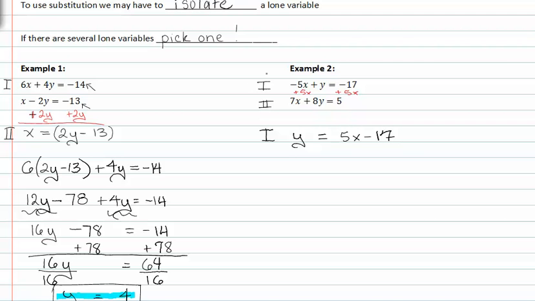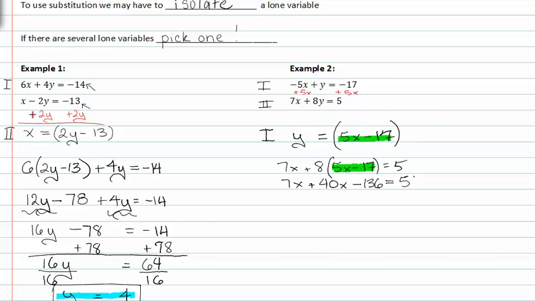So now this same first equation is rewritten, and I can substitute this into my second equation for y. When I do that, I will now put in the second equation, so I have 7x plus 8 times (5x minus 17) equals 5. Now I can solve for x. 7x plus 40x minus 136